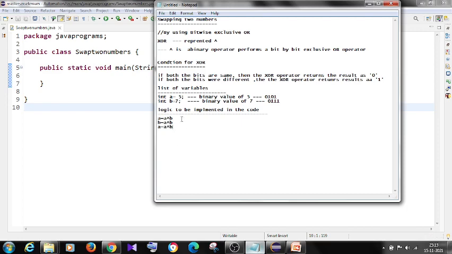Now we'll understand this logic. I will explain it in detail.